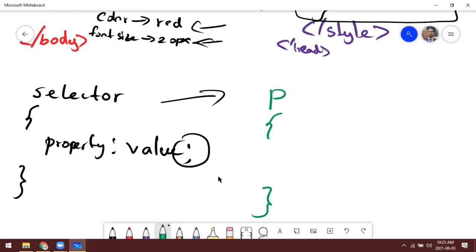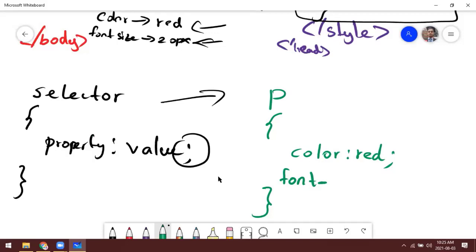Now the CSS property for the color is color, right? And if we want, we can give red color. And for the font size, remember in CSS, if the property has more than one word, it is joined with a dash, no space.